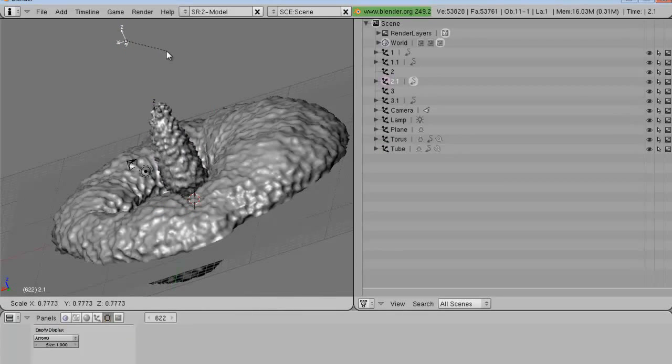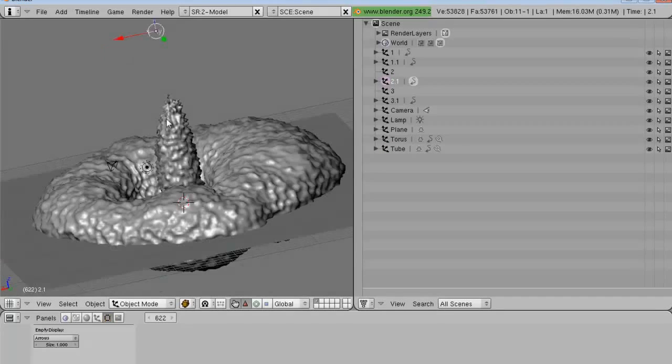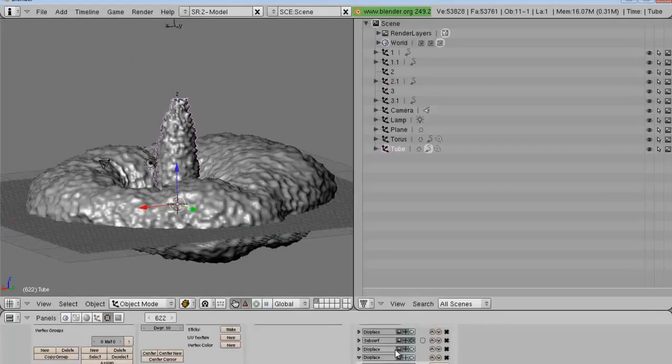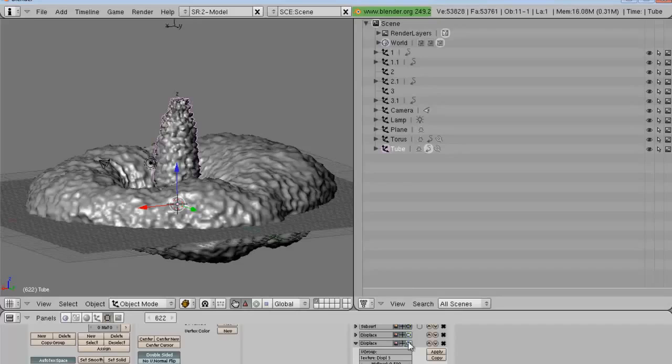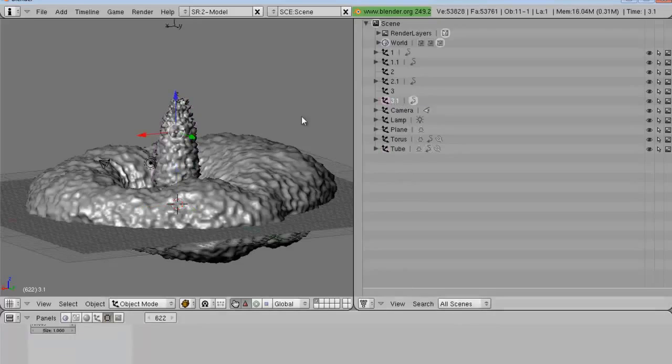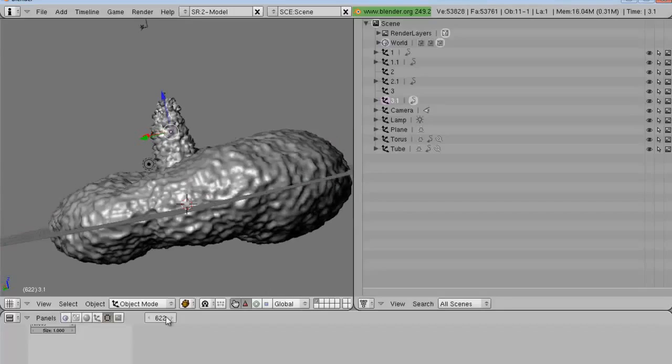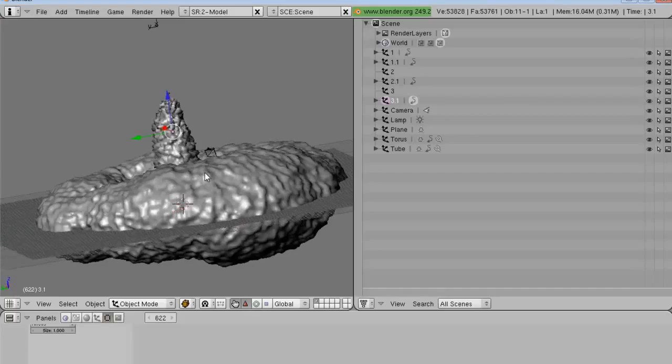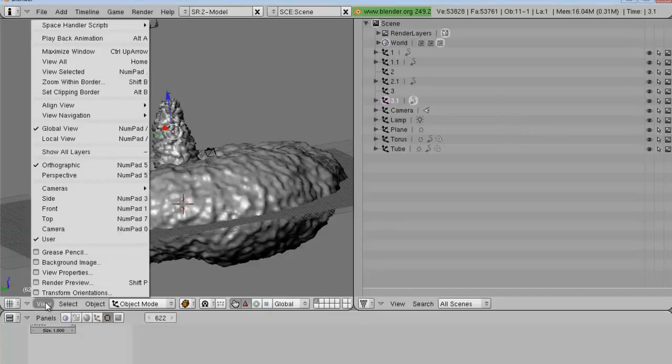I want to scale this down a little bit as well, because otherwise it's going to be a bit too bumpy, which isn't what we want. And apply the final displace modifier. Click 3.1 and scale it up and down, and this is just like the final detail, so it doesn't really make a difference wherever you put it. Now you can kind of see that that already looks kind of like an atomic bomb, but we also need to do the fireball, and that's the final part of the